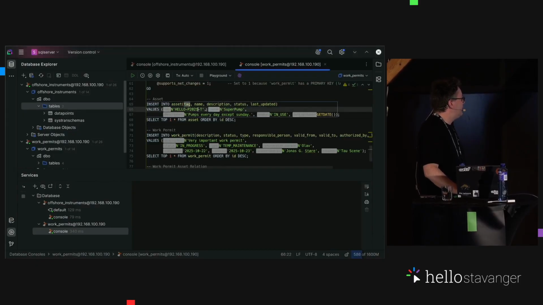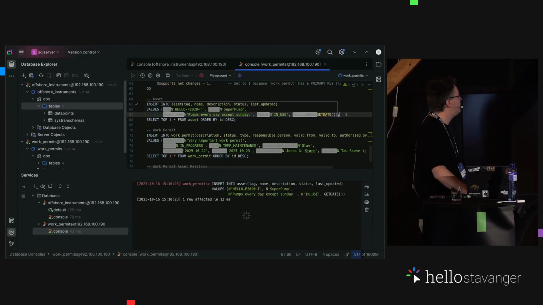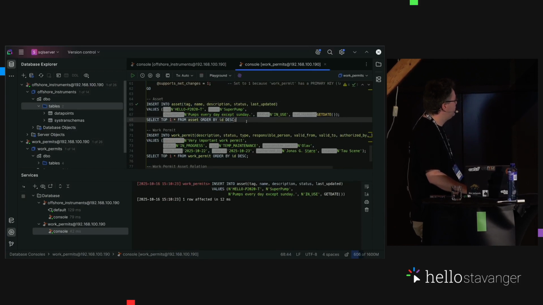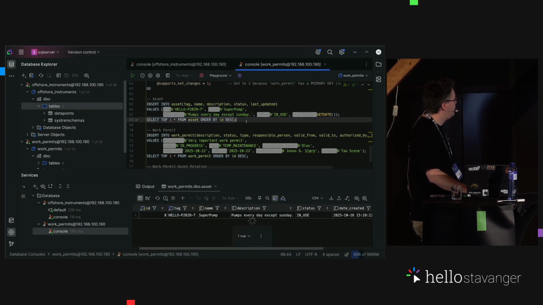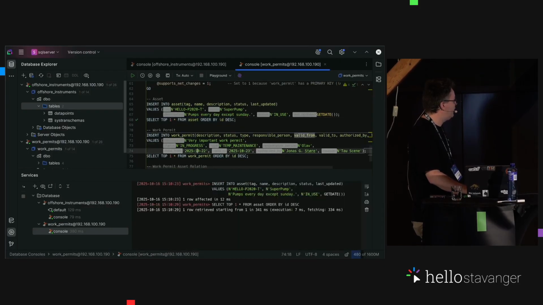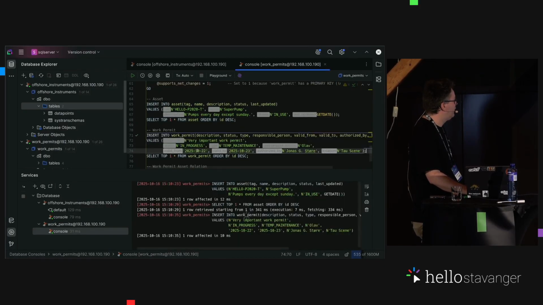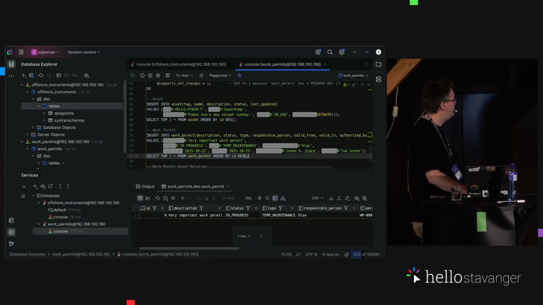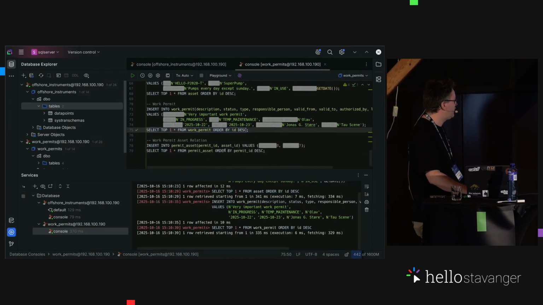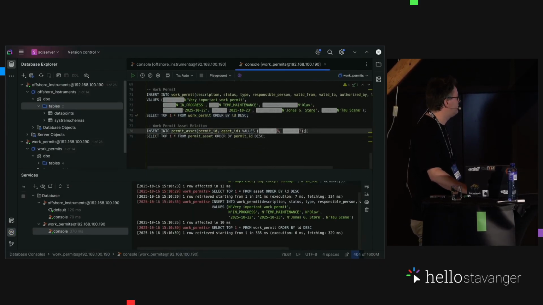So we start with inserting data. We start by creating an asset, which is a pump. And it gets an ID, which is 8. Then we create a work permit. And at the bottom, we create the relation between the work permit and the asset. So we have that